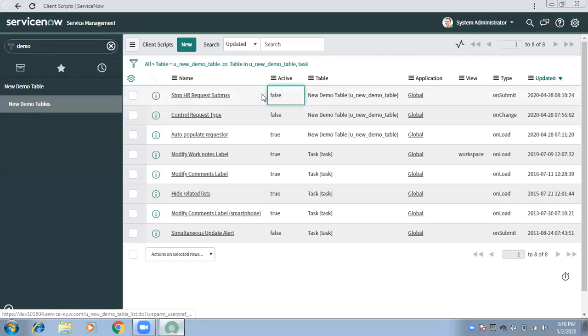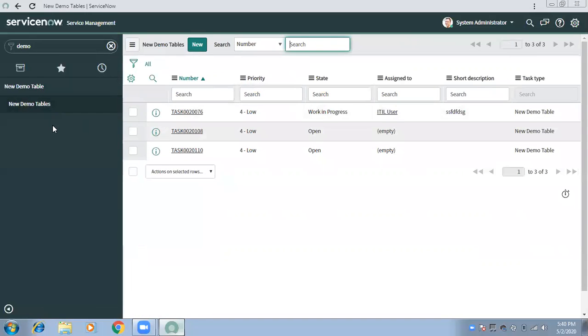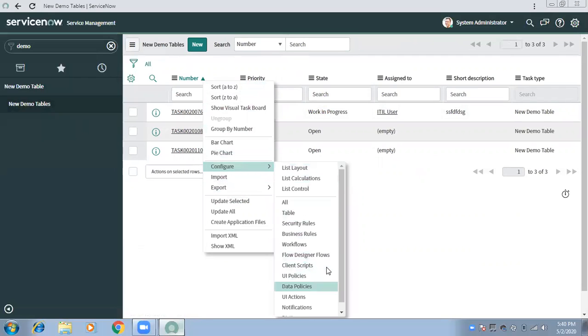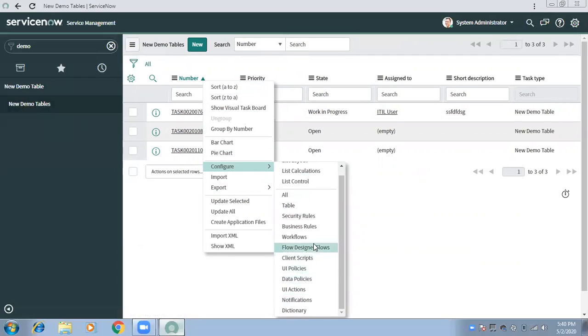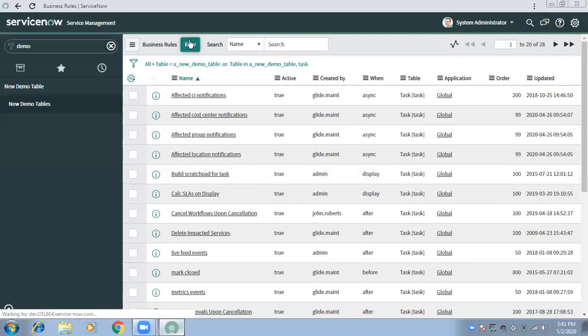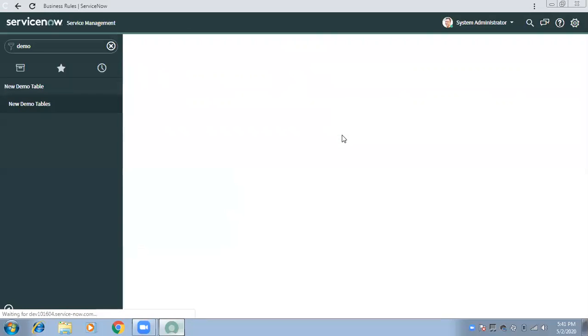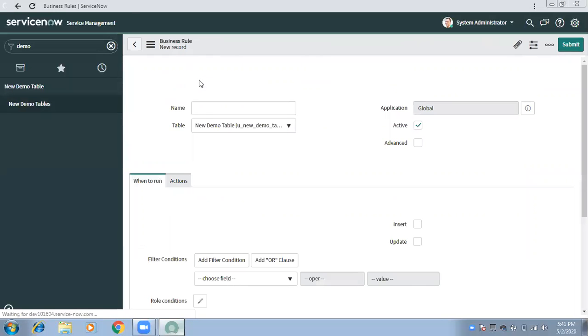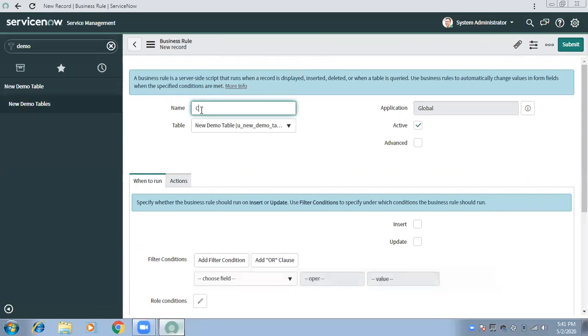Okay, so now I will go to write a business rule. I will click on new, name it Parent child, close child request. That is what we need to do.